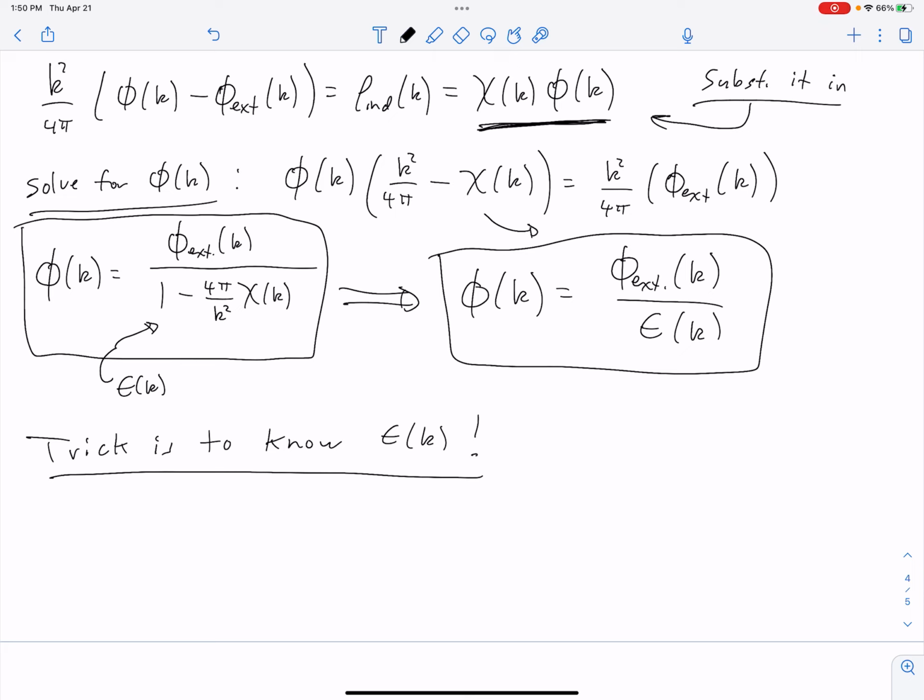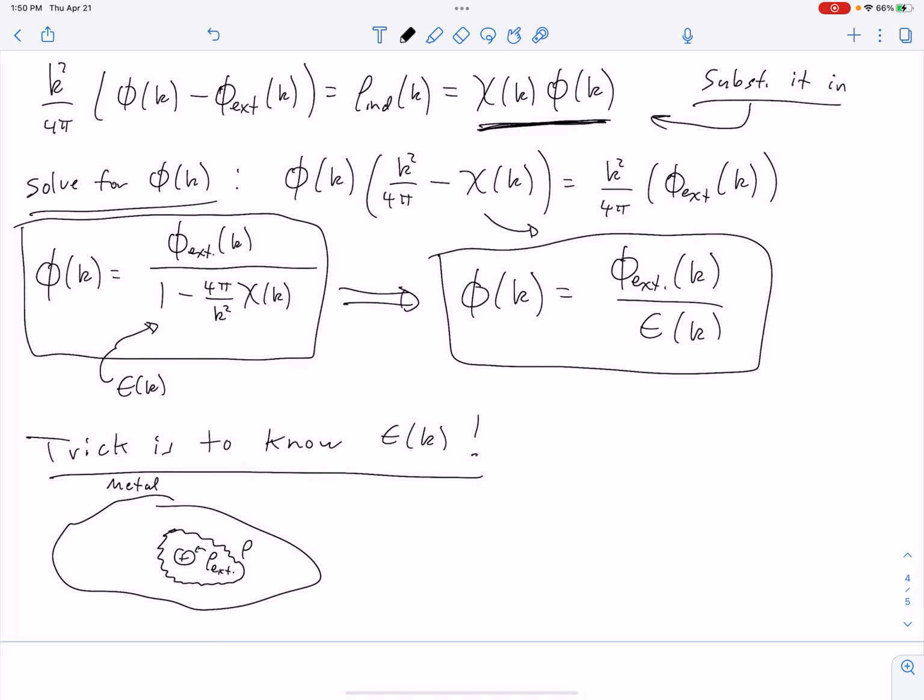Because if I then have my metal, and if I put some external rho into it, then I'm going to get this induced rho, and then I'm going to have some total potential, phi of r. And you know it's really complicated to get phi of r, because I need to know the induced charge. But if I knew the dielectric function,